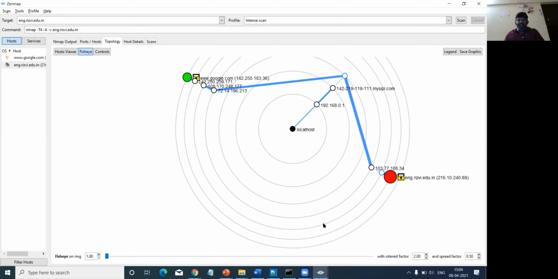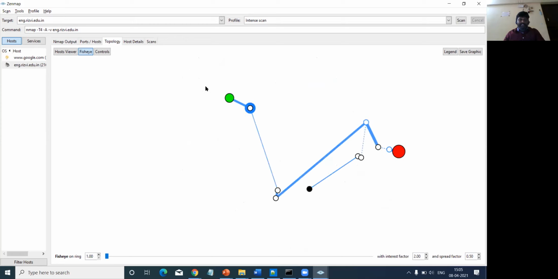From my device, if I am pinging, that will not directly go to eng.rcy.co.in or eng.rcv.edu. Instead, my request packet will be forwarded through the internet service provider of the website which I am trying to attack.